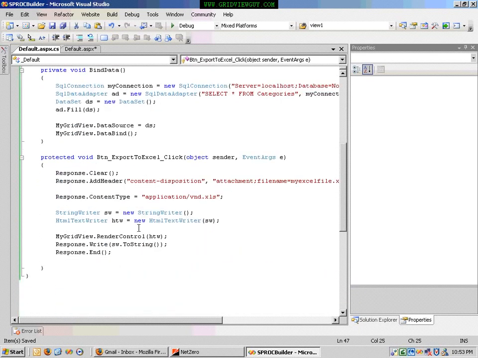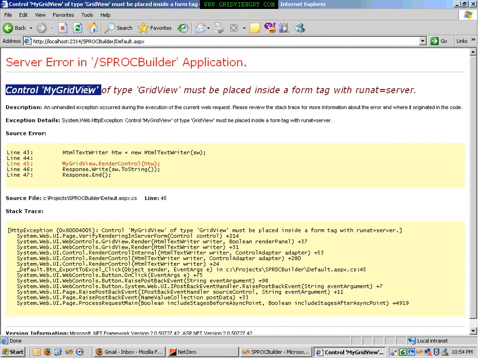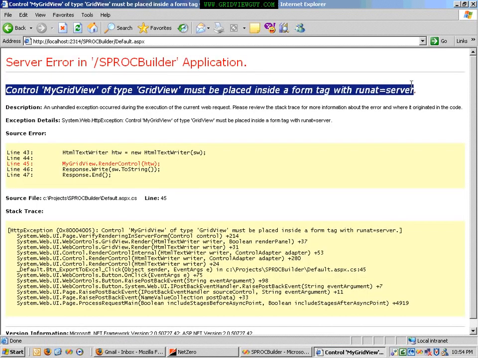Okay, this is it. Run this application. Let's compile this. Okay, let's run this. Now when I click on the export to Excel, it should give me an error. Okay, let's see why. It says control my grid view of type GridView must be placed inside the server